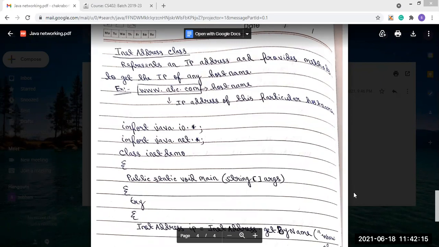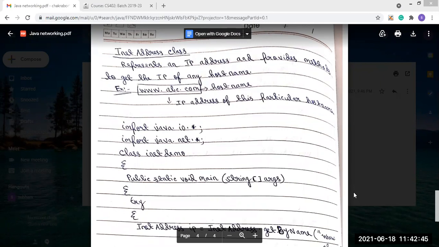Now, what is the IP address? In networking, all the systems or computers are connected in a network. Why are the systems connected in a network? Because they want to share information with each other, and they can share it if they are in the same network.